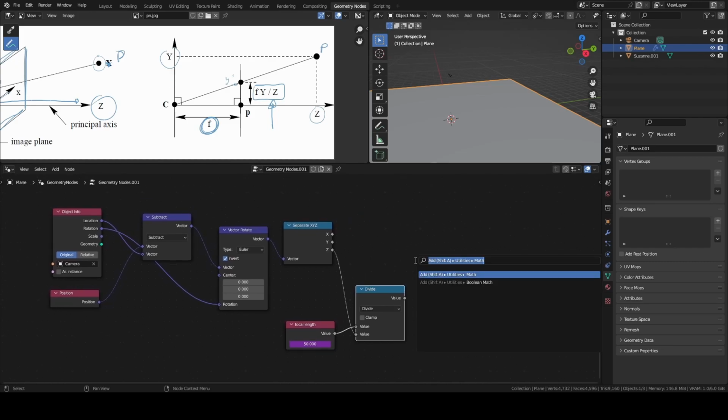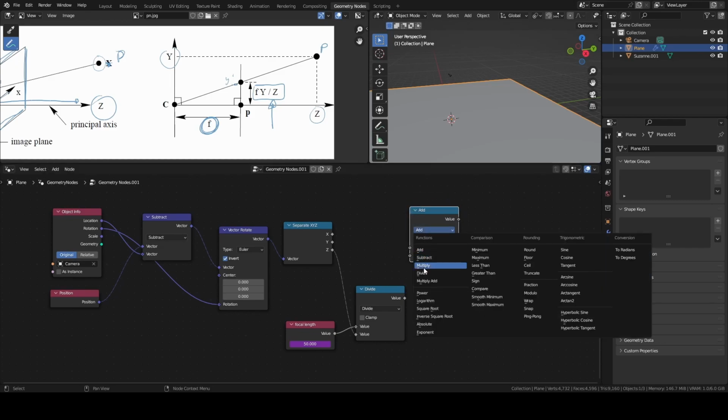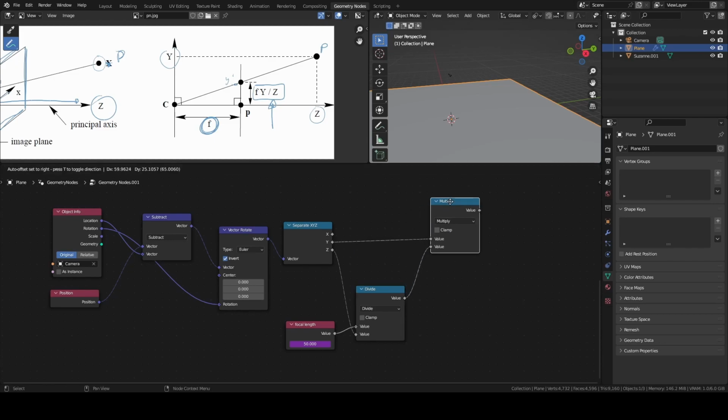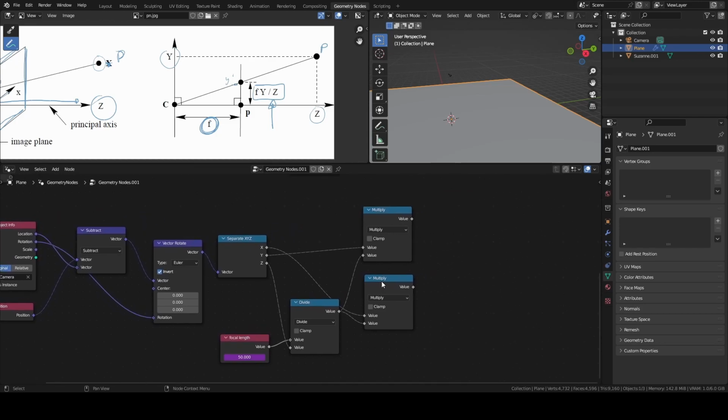So I need another math node, and in this case I choose multiply, and I multiply this value by Y. And I can do the same for X, of course. So just duplicate this multiply node, and again I multiply the focal length divided by Z, and I multiply it by X this time. So those are the nodes we have. This is X prime, and this is Y prime.